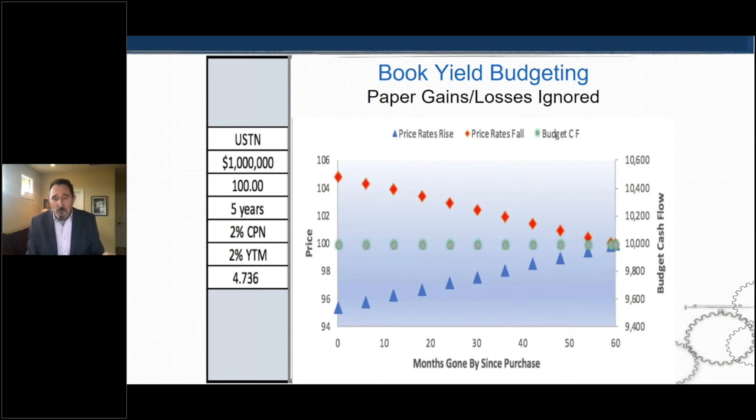And you can see as we move instantaneously in the beginning at 0, if interest rates went up 100 basis points, the value on that 5-year treasury would have dropped below 96, and you'd have north of a 4-point loss, but the cash flow remains unchanged, the budget remains unchanged. So again, for those government entities that don't budget paper gains and losses and understand that you're buying whole for the most part, it doesn't mean you're not going to pay attention to market conditions and adjust accordingly. It just means that for budgeting purposes, you're not looking at the paper gains and losses as a strategy to buy or sell a security.